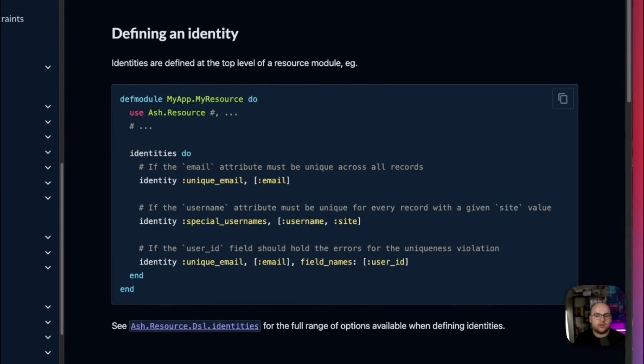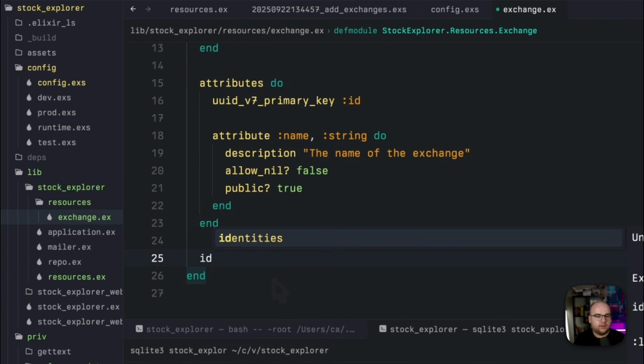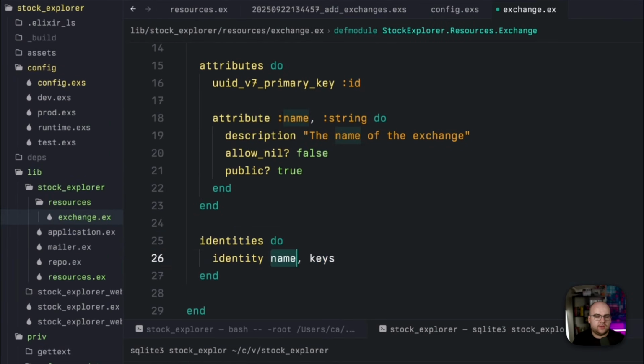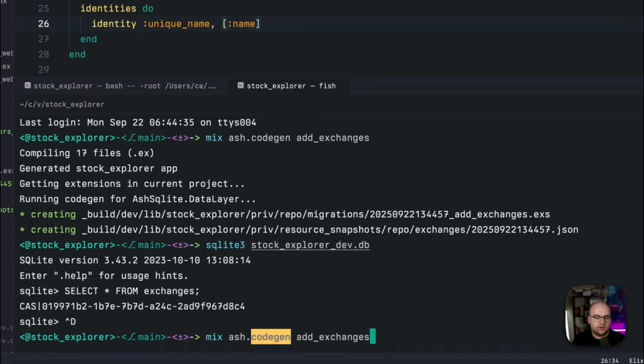So you can declare that a record is uniquely identified by one or more attributes. Maybe you want a unique email address or a unique username per site or whatever that is in your application. Well, it looks easy enough, so let's add that to the Exchange resource. We'll add an identities block, and we'll say identity unique name, and we want this to be on the name attribute. Now we can run our code gen again, and this time we'll add exchange name identity